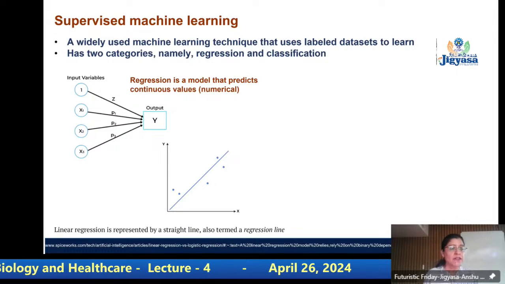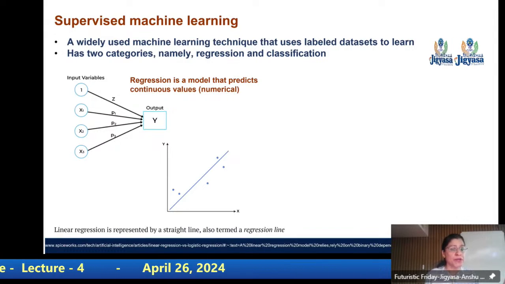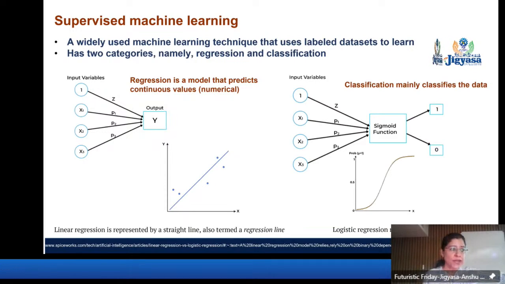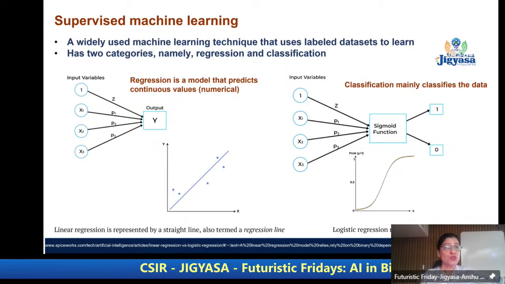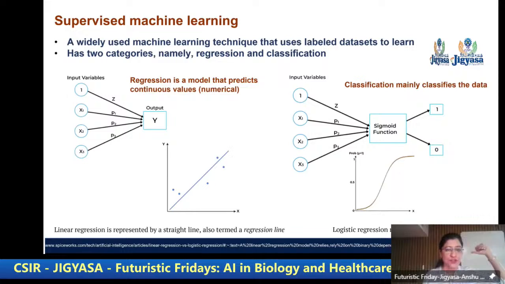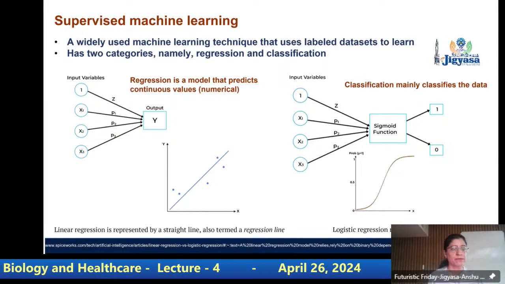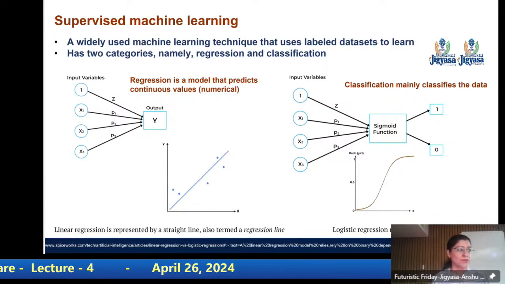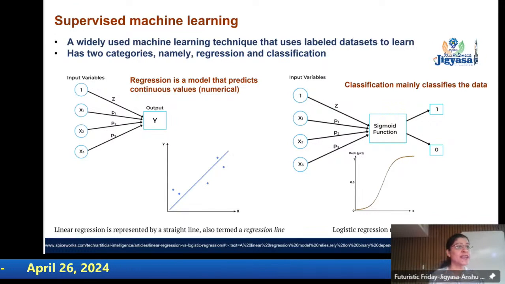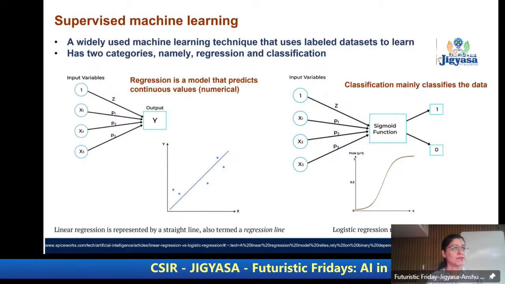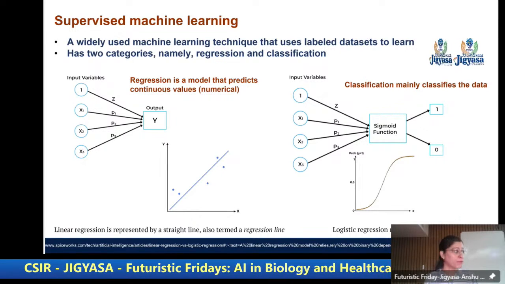Supervised machine learning is a technique that will allow you to either predict a value using a regression model or help you classify your data into 2 categories. Now the question for you, the example we are looking at, is it a regression problem or a classification problem? What are you trying to do? You are trying to segregate compounds into active and inactive. So is it a regression problem? It is a classification problem. It's a classification problem. Very good.